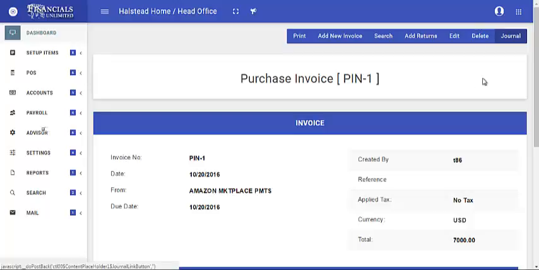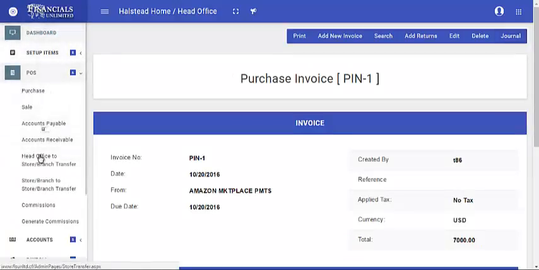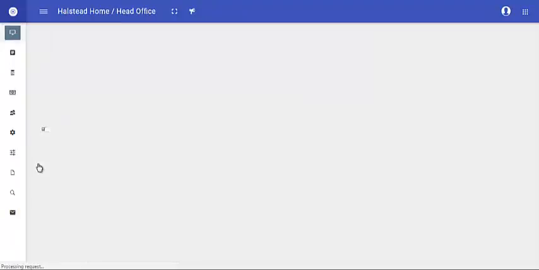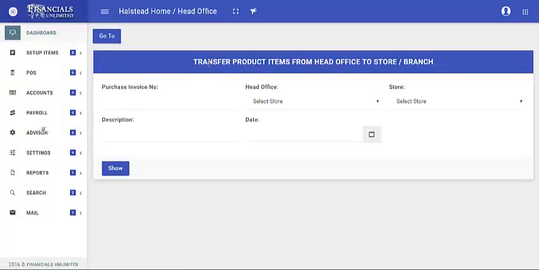In this case, when you transfer a product, you need to go to POS, click the head office, and from here, from transfer product items from head office to store or branch, you need to find from which purchase invoice you want to transfer items from head office to store.